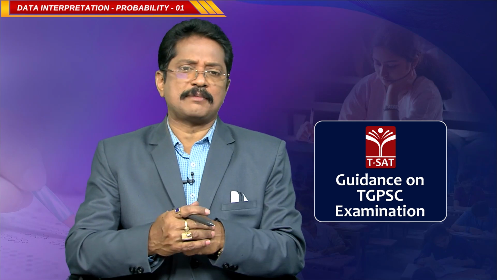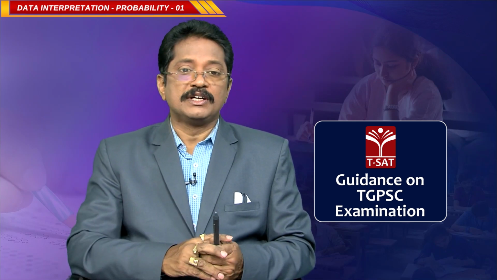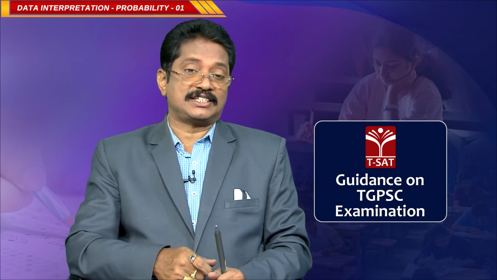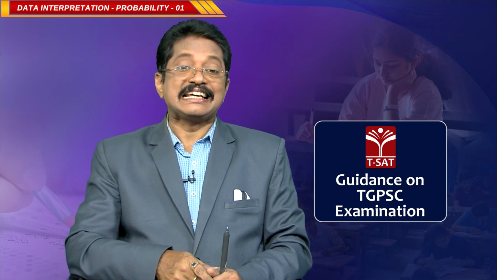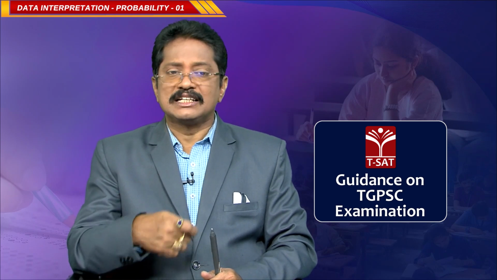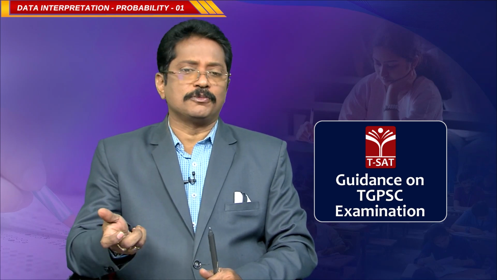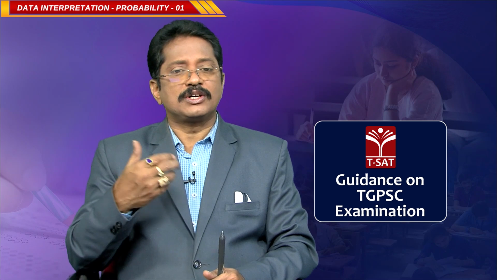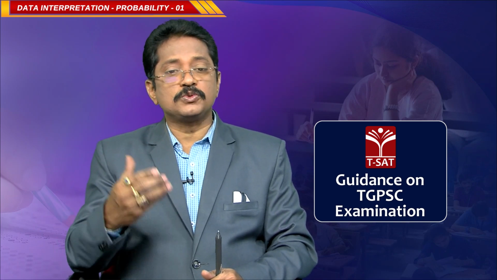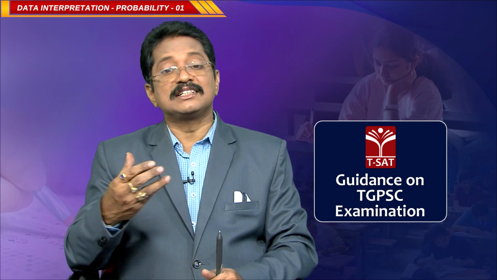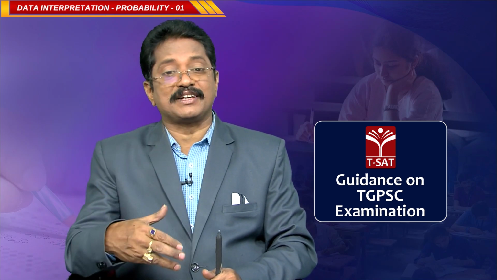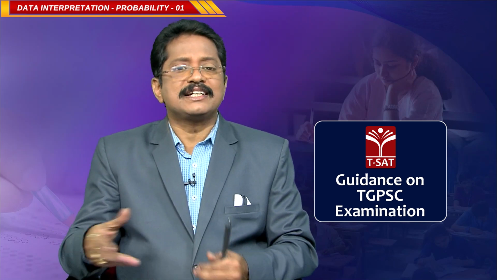I will give a small example. When a die is rolled, is getting a 7 on one of the faces possible or not? It is impossible, because a die is a cube, it has 6 faces. Each face has one number from 1 to 6. So 1, 2, 3, 4, 5, 6 are the possible outcomes. We are asking about getting 7, there is no 7, so obviously it is an impossible event.